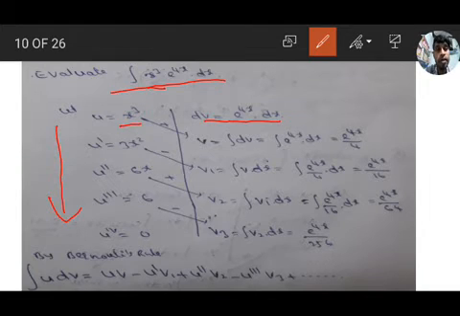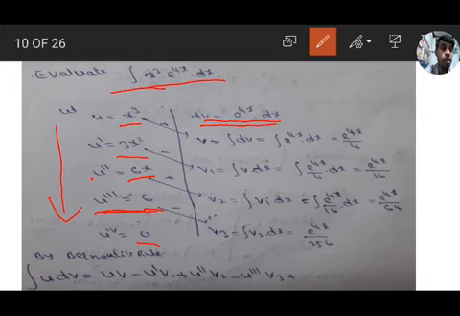So x cube, derivative 3x square, that is u'. 3x square, derivative 6x, that is u''. 6x, derivative 6, that is u'''. 6, derivative 0. From here onwards we will get all zeros. From the fourth derivative onwards we get 0, meaning the formula will go up to only the third derivative. Next, dv is e to the power of 4x dx.